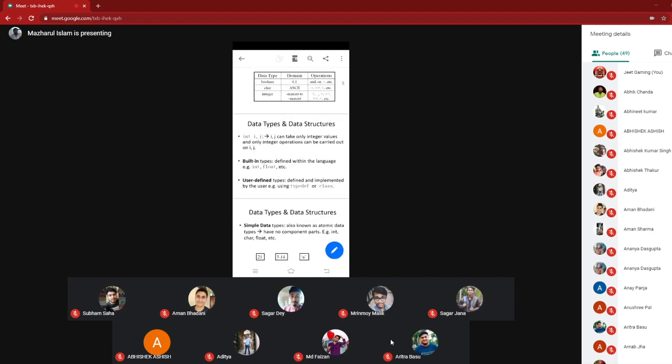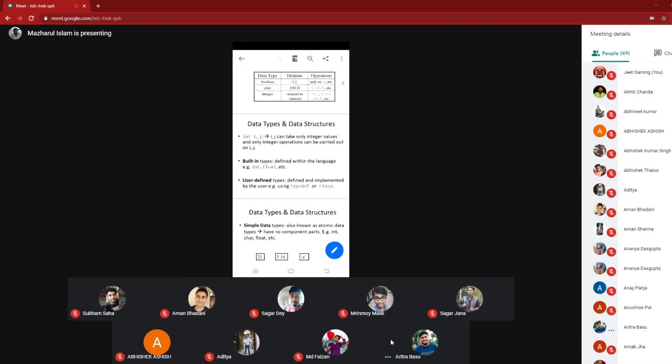Now I am talking about all the primitive data types that your programming language offers to you. Now you can define your own user defined data type. For example, probably some of you know how to define a class. In the class there are some member variables and some member functions.